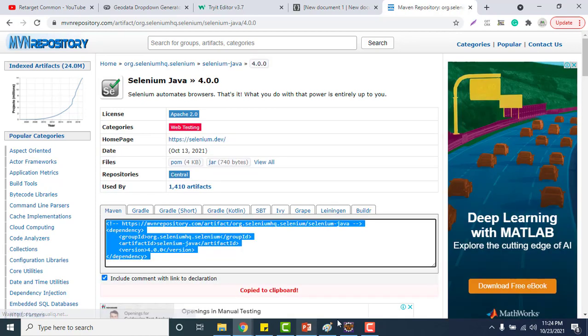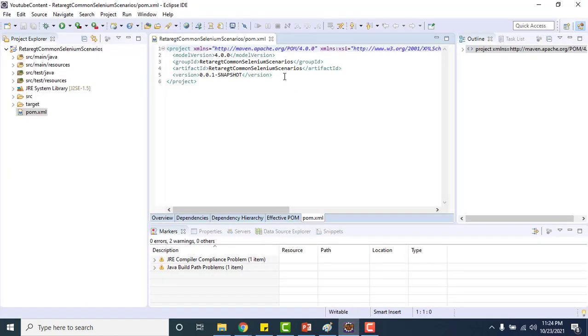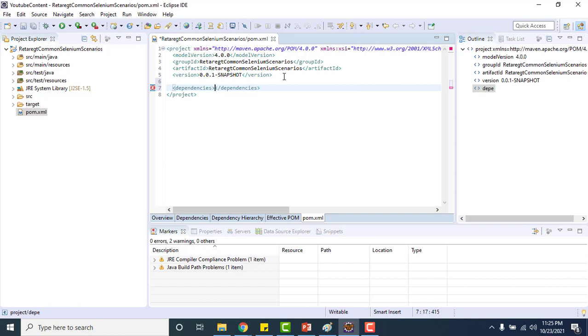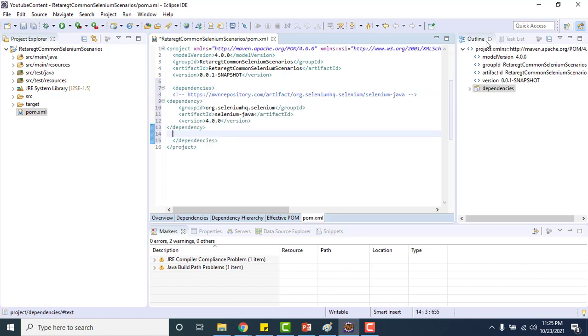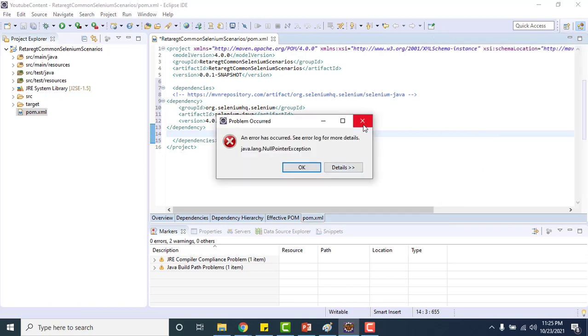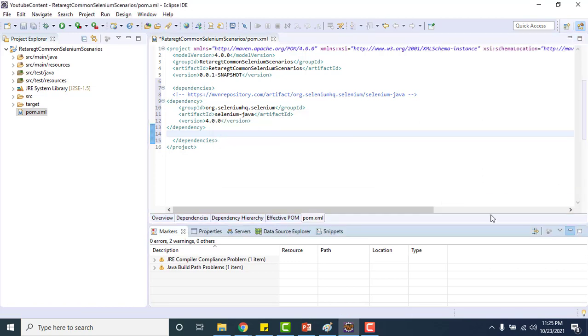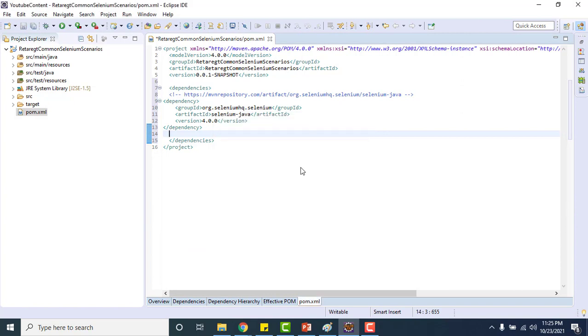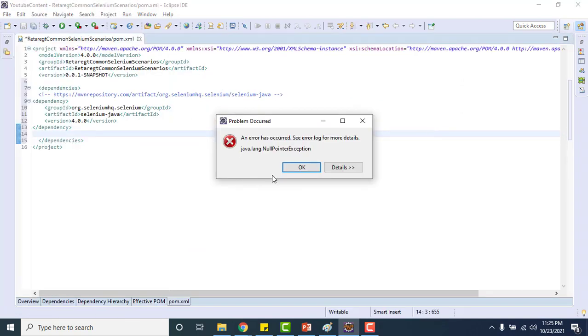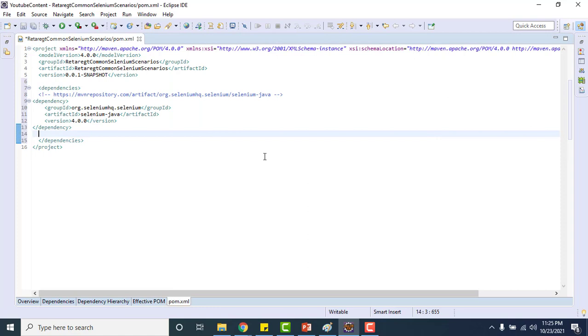Okay, and let me put this dependency here. So dependency, and inside this we need to put. Let me close this outline and all, because those things are not needed and simply taking space. Okay, and let me increase the font size.